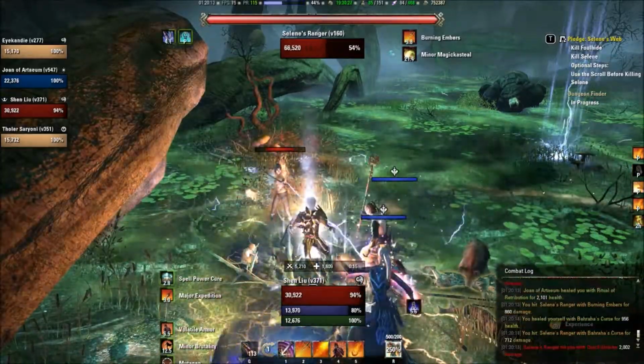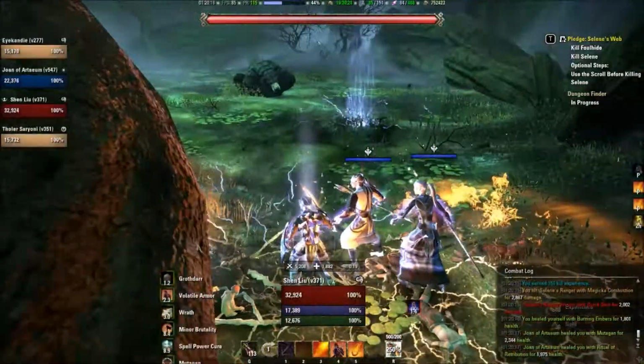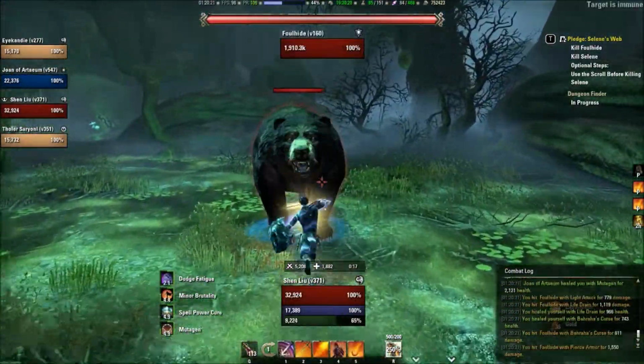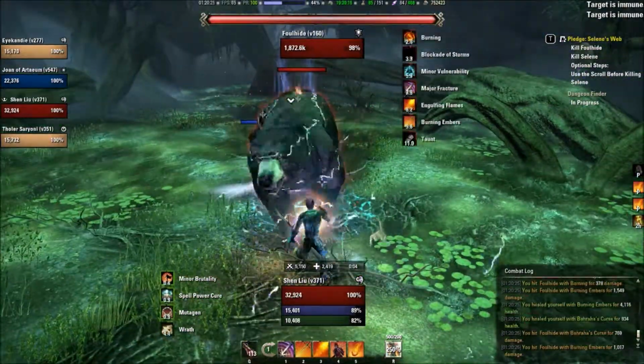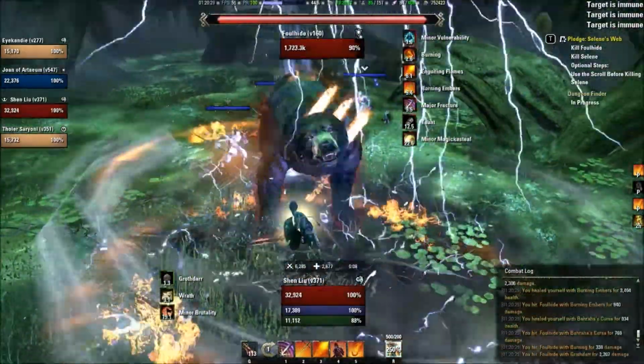They're not particularly dangerous on their own, but not having to deal with them is always helpful. Once you deal with them, you can go ahead and pull the actual boss, which is this giant bear. During this fight, a bunch of the, I forget what they're called,